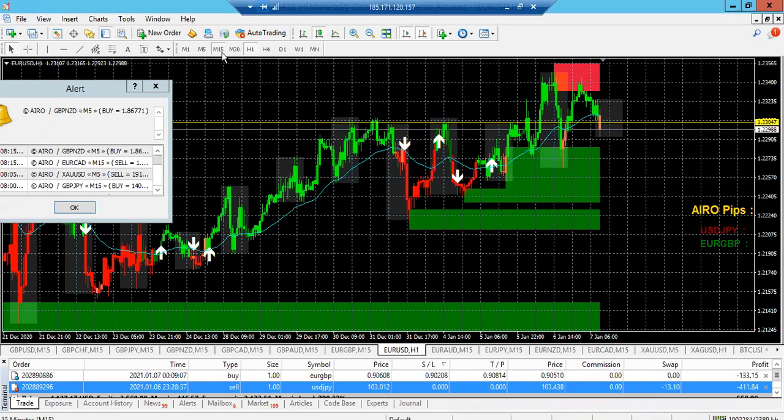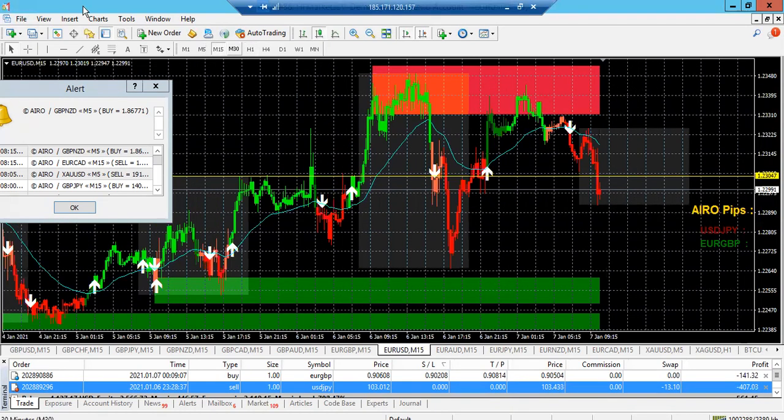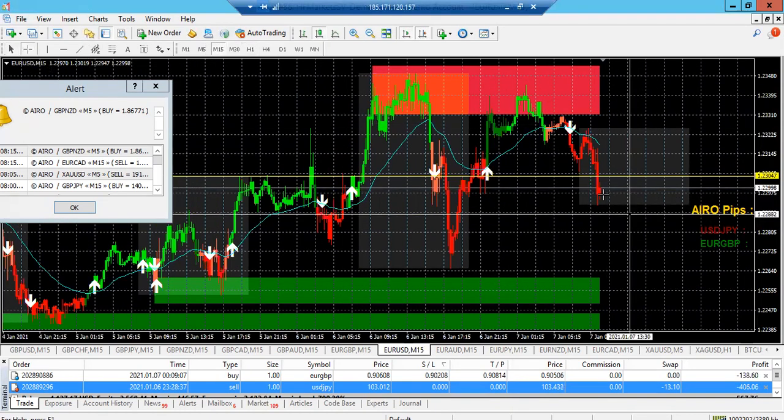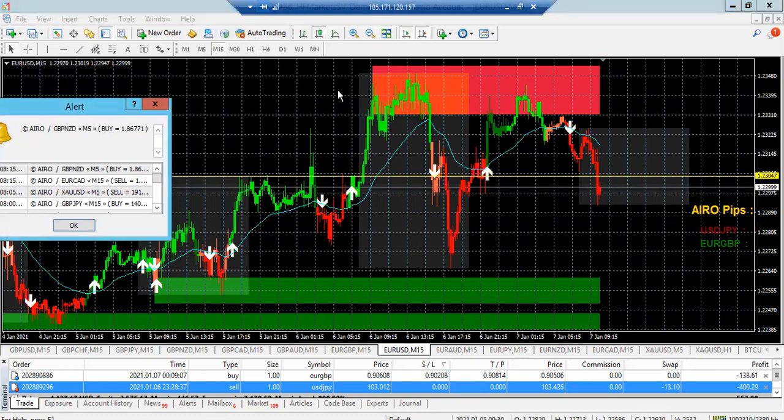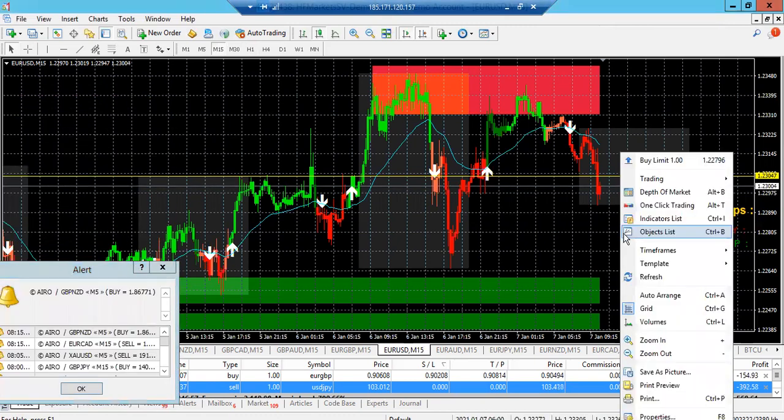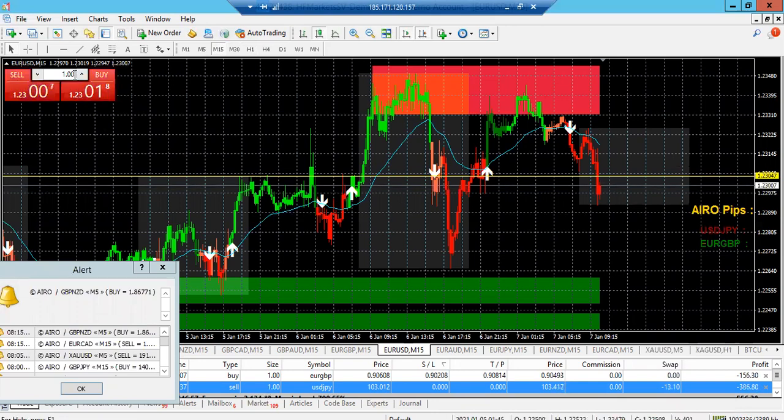So I went down to the 15 minutes and I placed a trade for a sell. On the 15 minutes, we have a sell trade, and our next resistance is 38 pips away. So this is a good opportunity to place an order. We're going to use one click trading. Right click and then click on one click trading, or use auto T. This will come out, and then